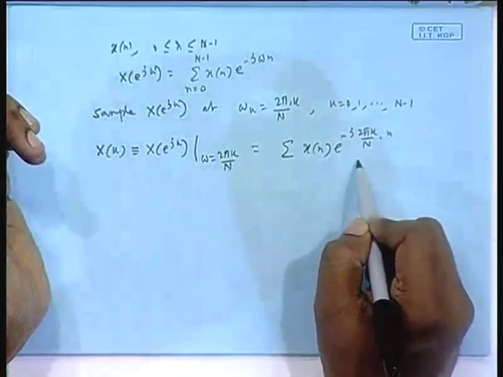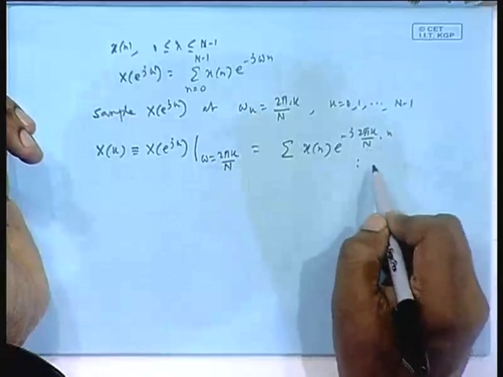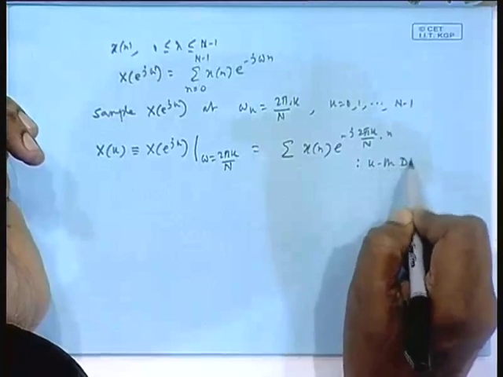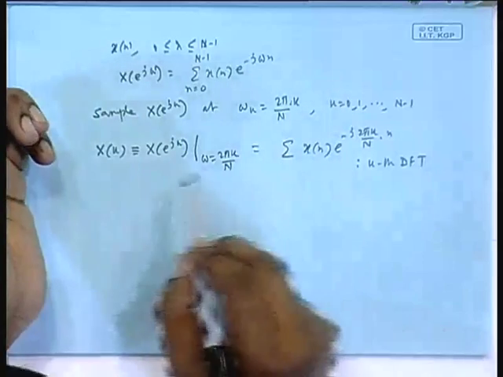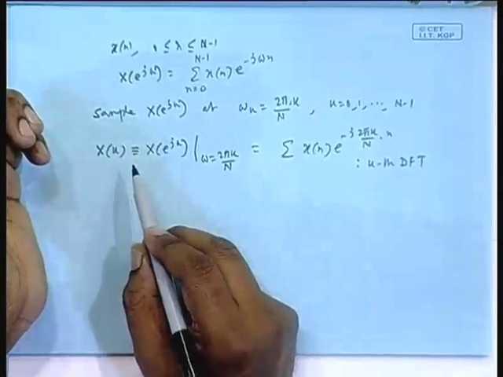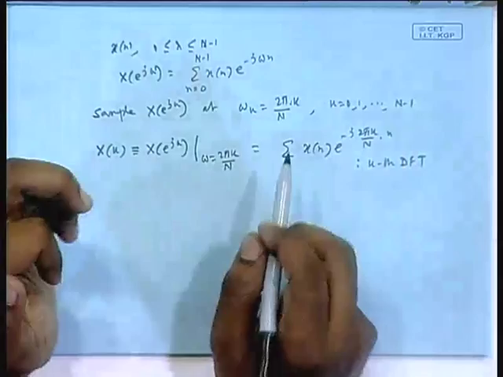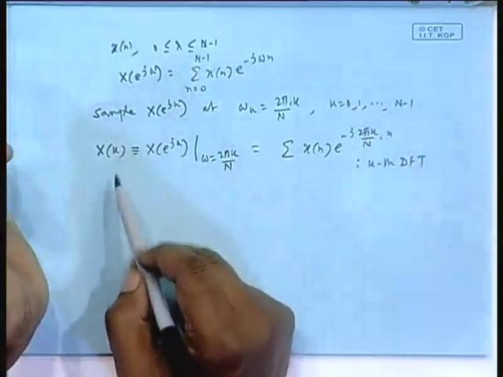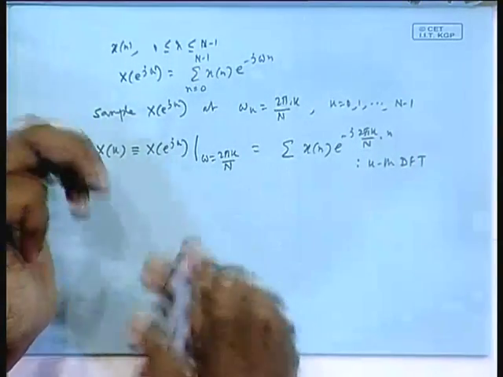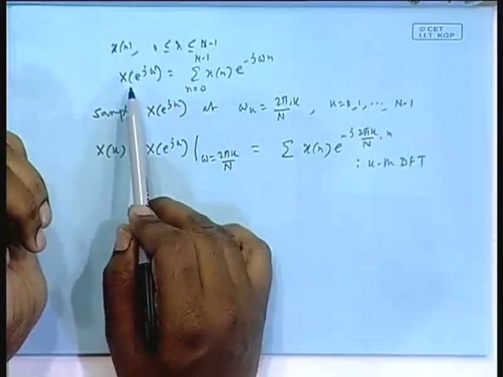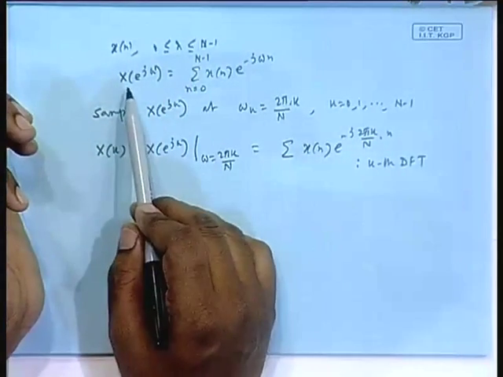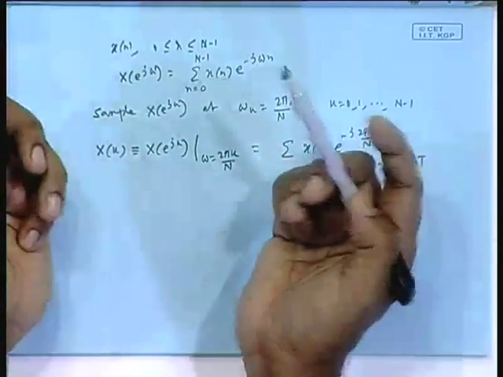X[k] is called the kth DFT. DFT means discrete Fourier transform. So, how many such DFT coefficients are there? Capital N. And my claim is these N samples of the DTFT, which I call the N DFT coefficients, are enough for me to get back x[n], and if I know x[n], I can get back these also. So, the envelope can be written in terms of its samples.